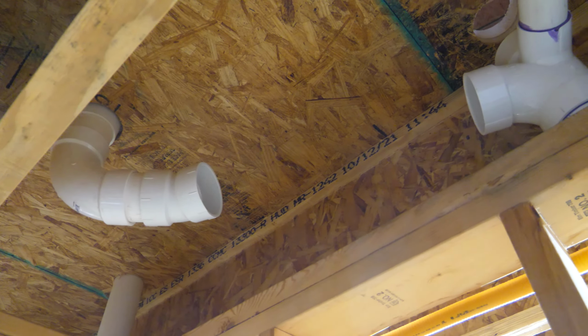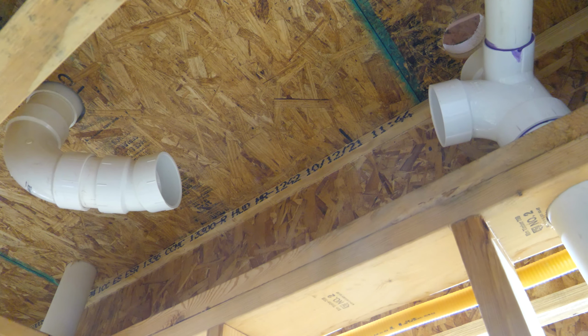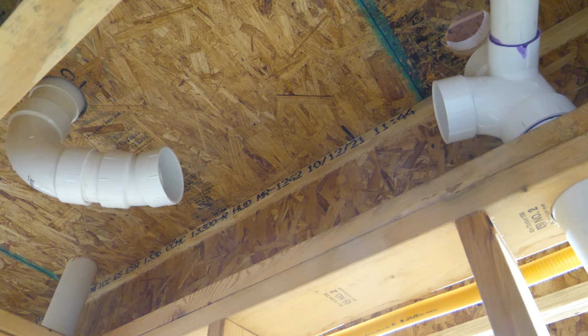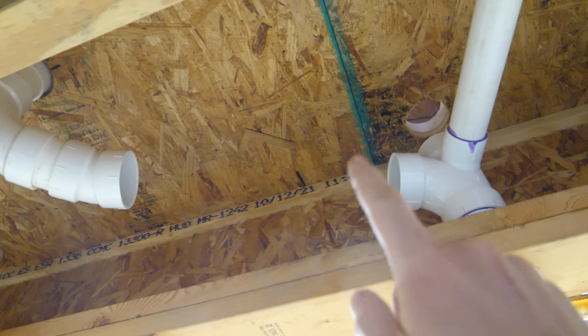I mocked this guy up, and I think the 22.5 will do it. It was a little bit tricky because it wasn't quite off that much. Maybe 10 degrees would have been the perfect fitting for that, but I think we can get it to work. But before we do that and crowd the space up too much, I'm gonna go up,